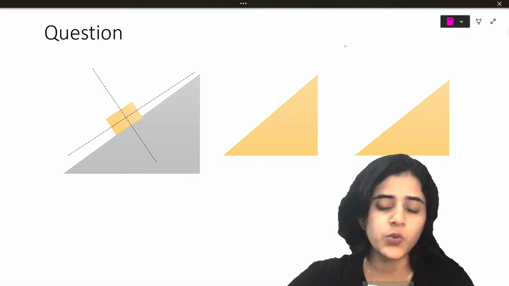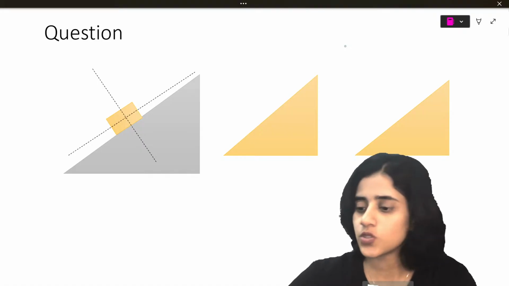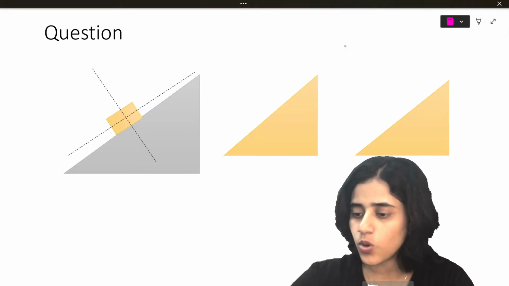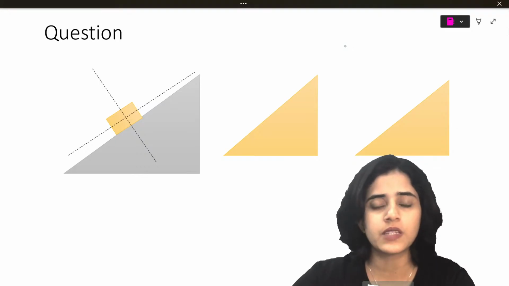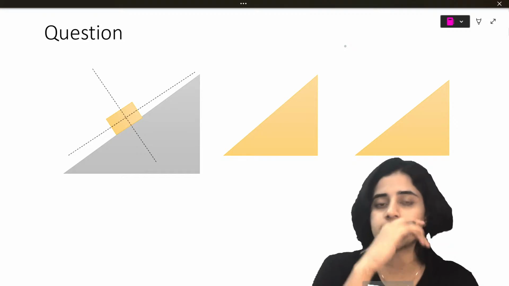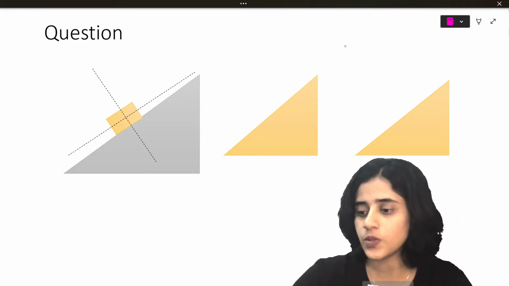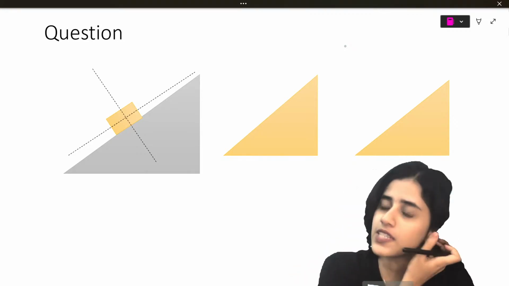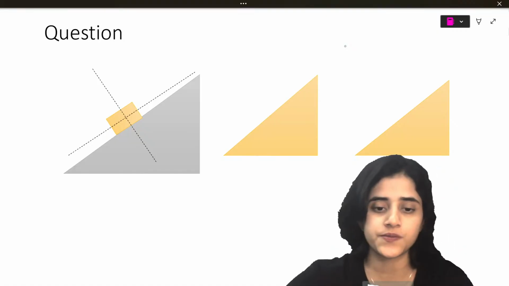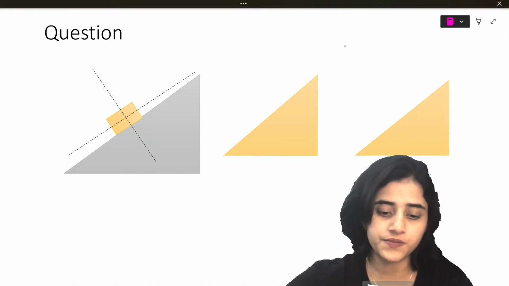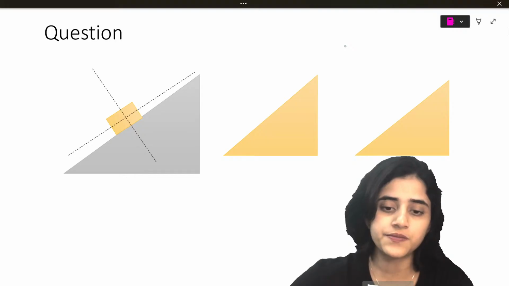Now, let's look at a question. What is modulus of A? Modulus of A is A. It is just the magnitude of A. Okay. Modulus of A means magnitude of A, which is just A. Is that clear? Clear?